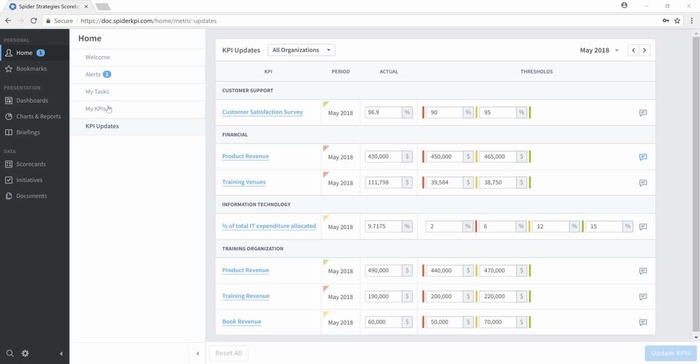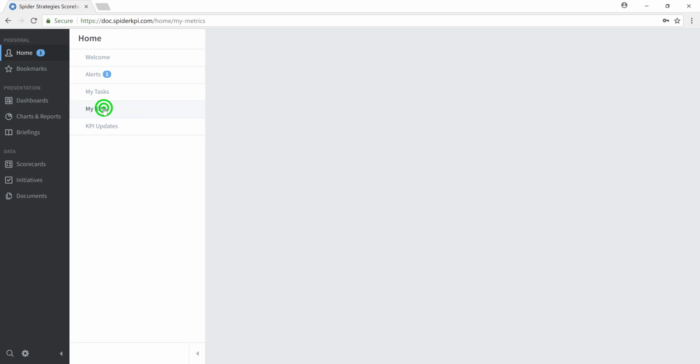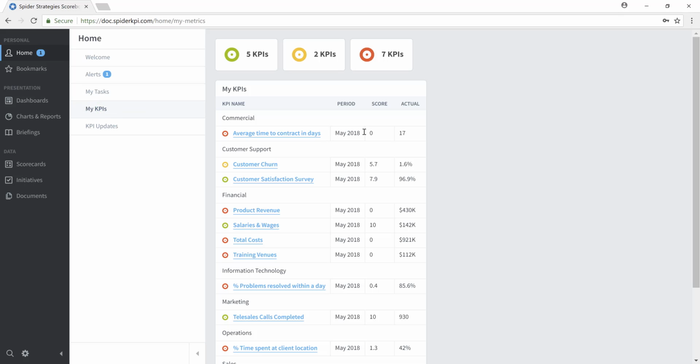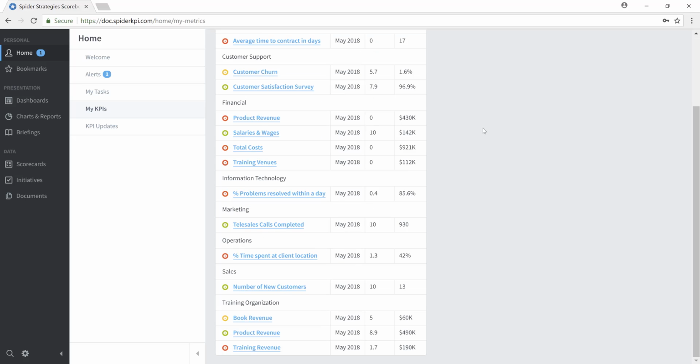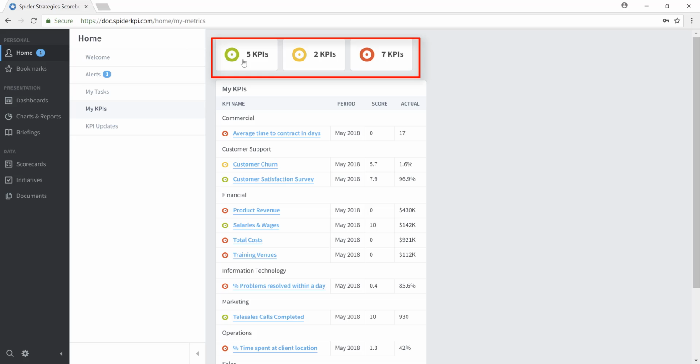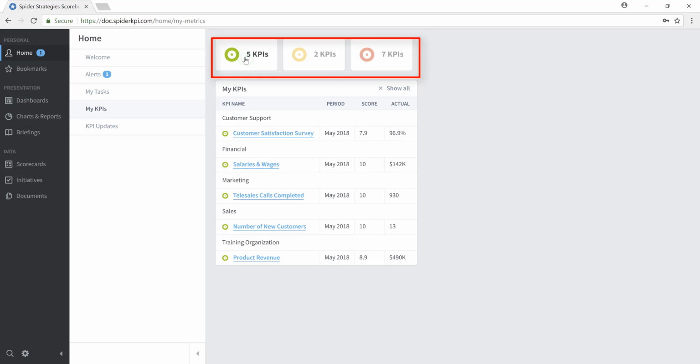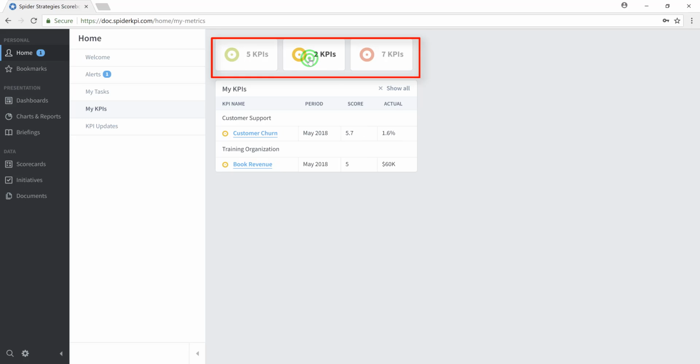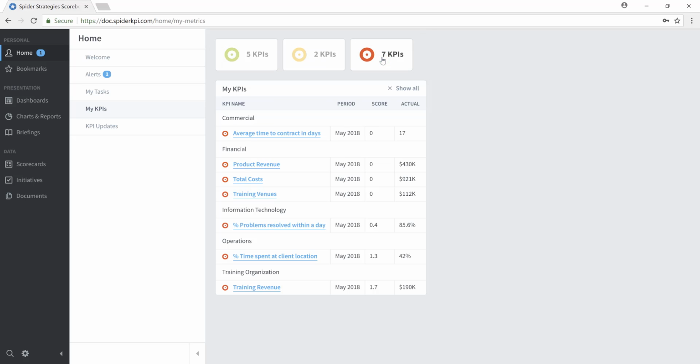And if we return to the My KPIs area under the Home navigation pane, we'll see that all of our KPIs have been updated for the current month of May 2018. 5 are now in the overperforming area, 2 are in the average performance yellow area, and 7 are in the red underperforming KPIs category. As before, if you want to investigate any of the underperforming KPIs, simply click on their